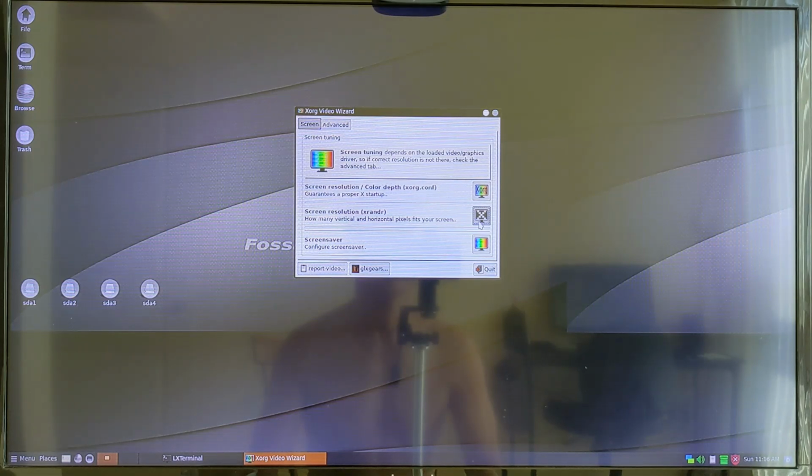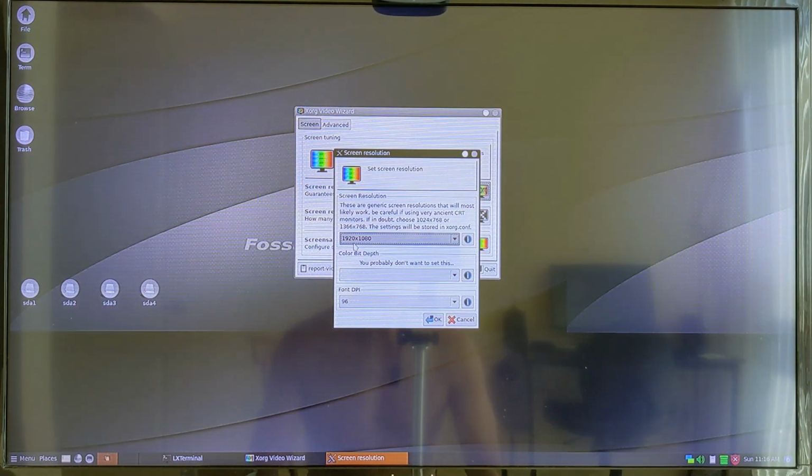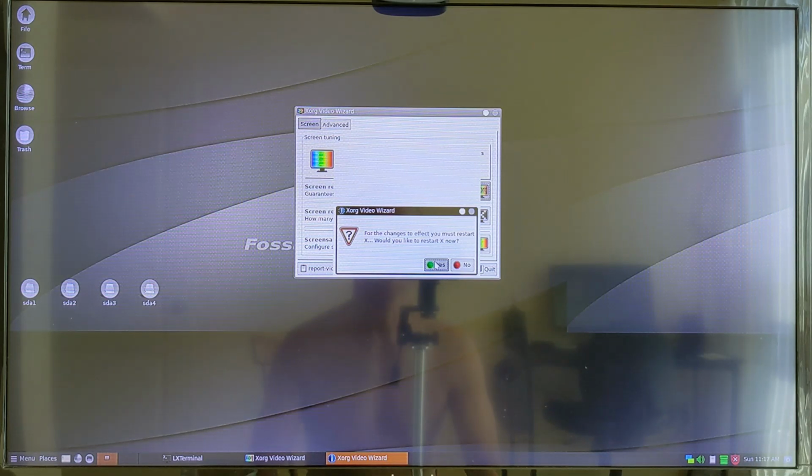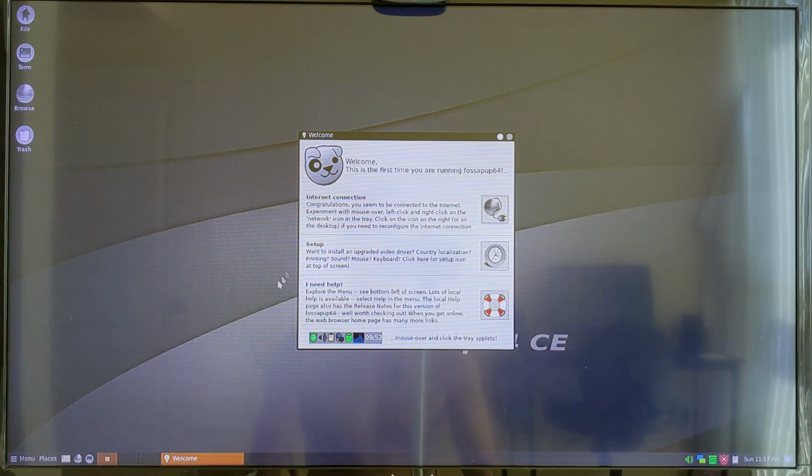So let's look at the xorg .config. 1920 by 1080 is fine. Bit depth, we want a high quality, so 24 is better than 16. And we're gonna say OK. You want to restart the X, yes. And now you can see the icons are down here now, and we've gotten the correct display resolution, and everything